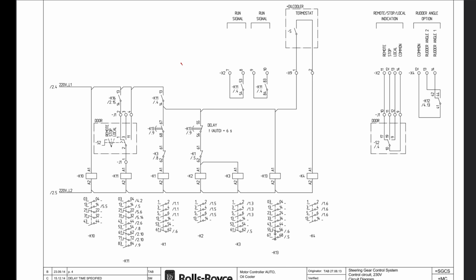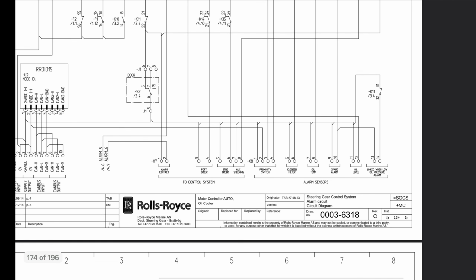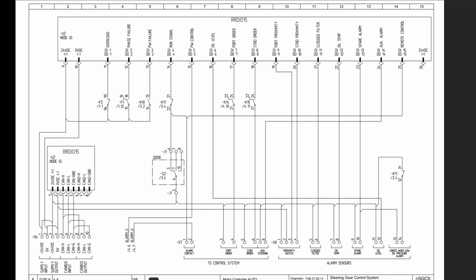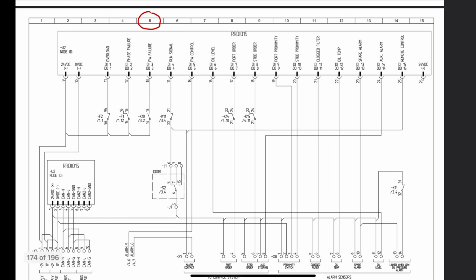As you can see, we have 220 supply voltage coming here. It is going to all the relays from here. We have K10 as the first relay. It is getting energized. The K10 relay has a contact on page 5, so we'll go to page 5, and the contact numbers are 13 and 14. We have raised page number 5 here, contact 13 and 14, page 5 and coordinate 5.